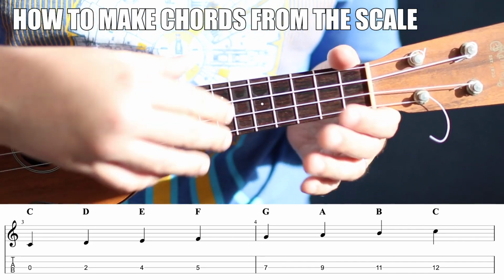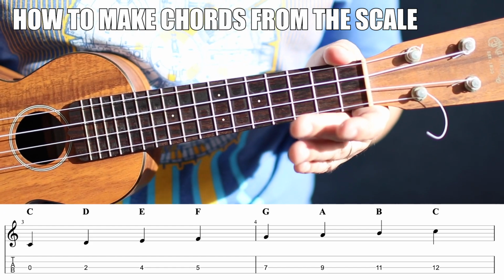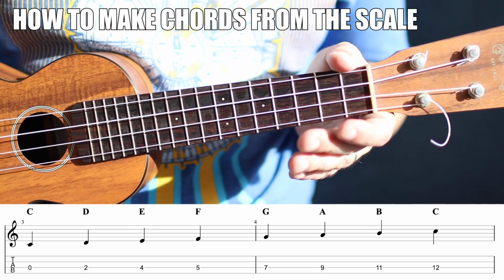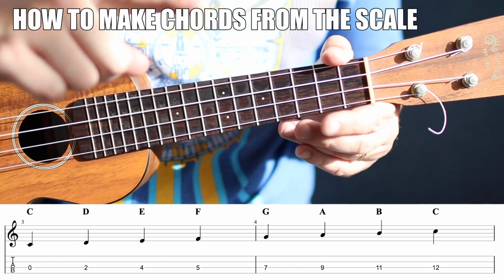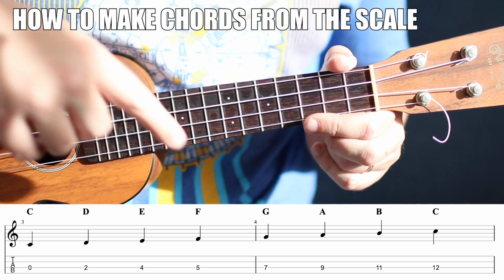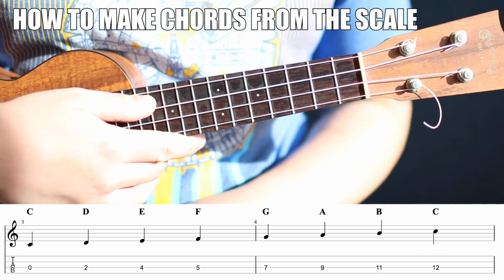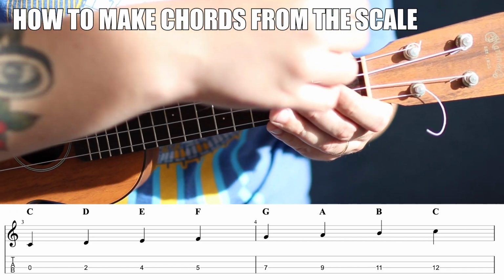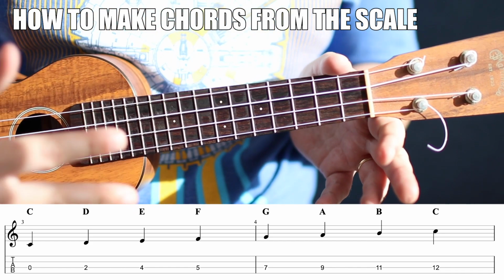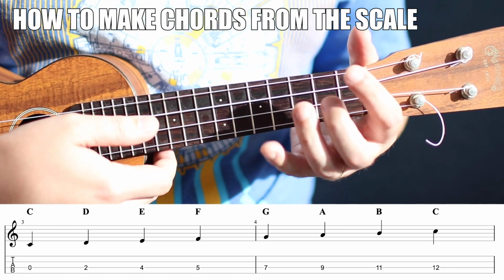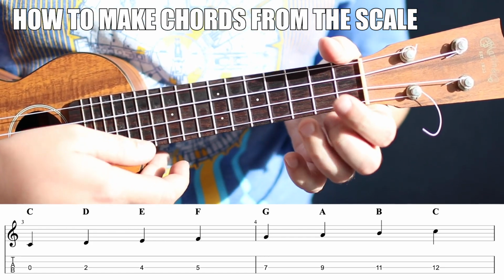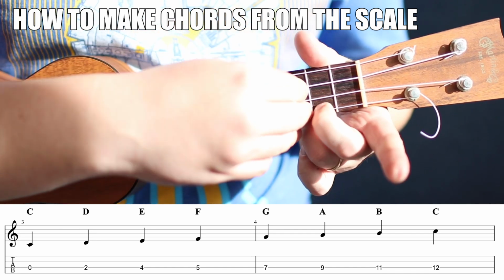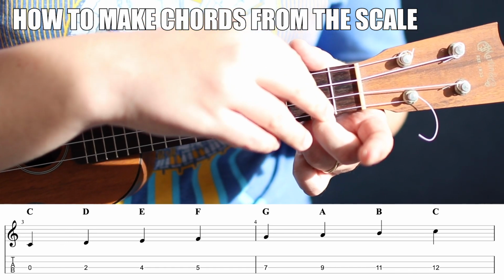Okay, now, chords are formed in the scale by playing a note, skipping a note, playing a note, and then skipping a note. Let me show you what I mean. So we want to know, and every note in a scale is the root of a chord. So C, D, E, F, G, A, B, all 7 of those notes have their own chord in the key